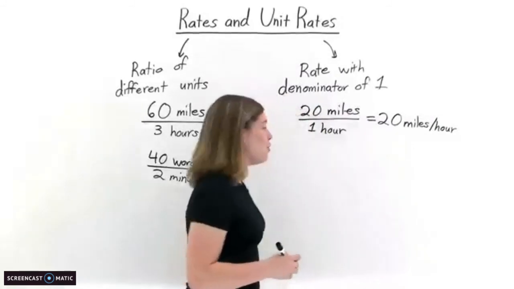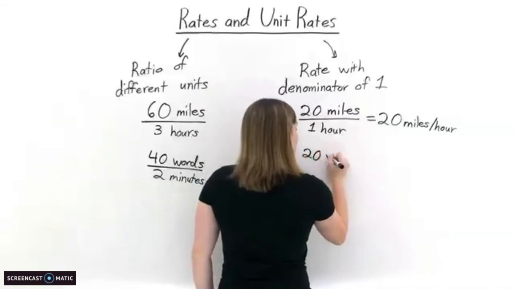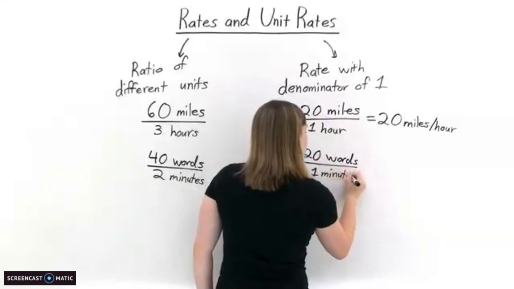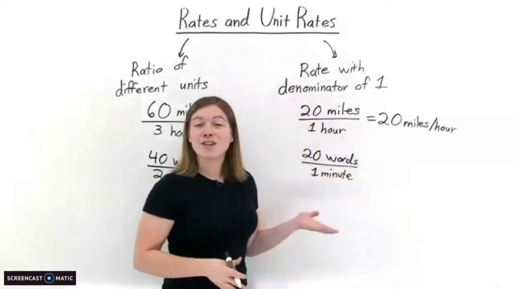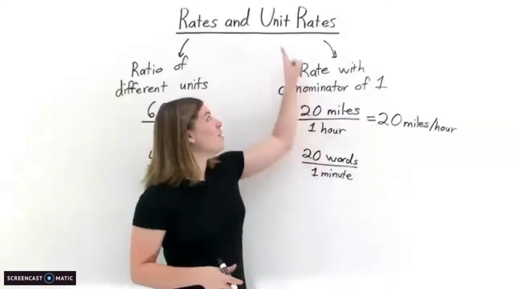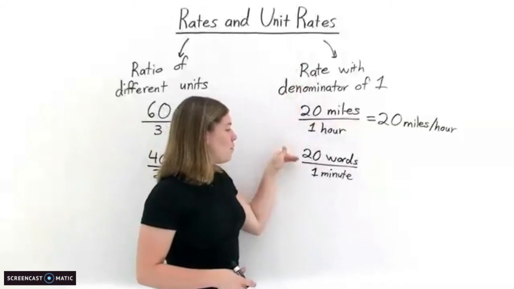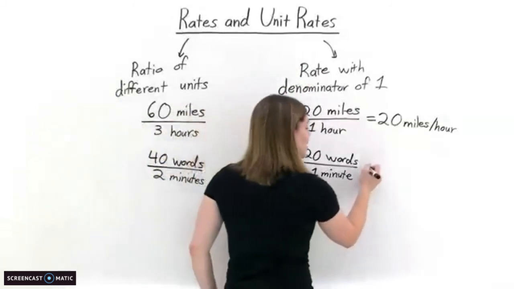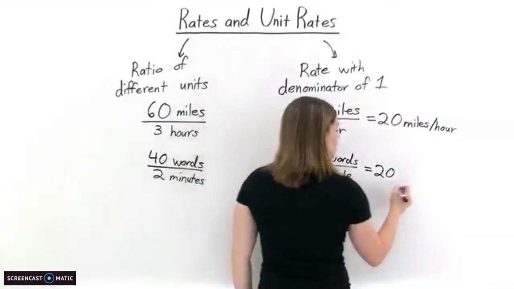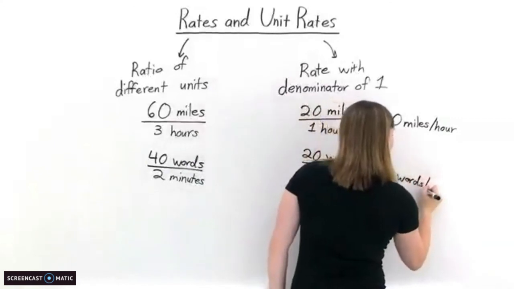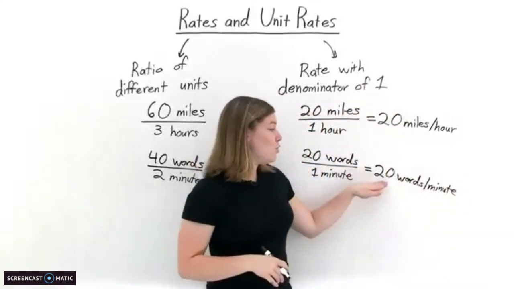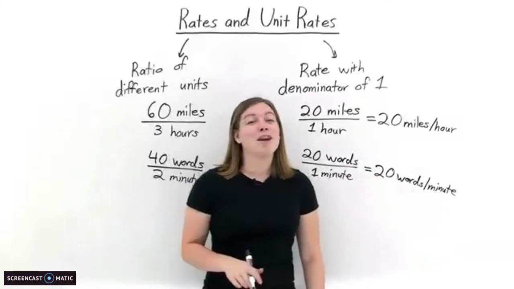Now let's look at one more example of unit rate. Let's say we have 20 words per 1 minute. So it would look like this. Again, it looks like a normal rate, except here, in the denominator, our quantity is 1. So that means we have a unit rate. We have 20 words per 1 minute. Now we can also rewrite this. 20 over 1 is the same as 20. Words over minutes means that we have words per minute. So that would be something like saying you could type 20 words per minute. So now we know a little bit more about